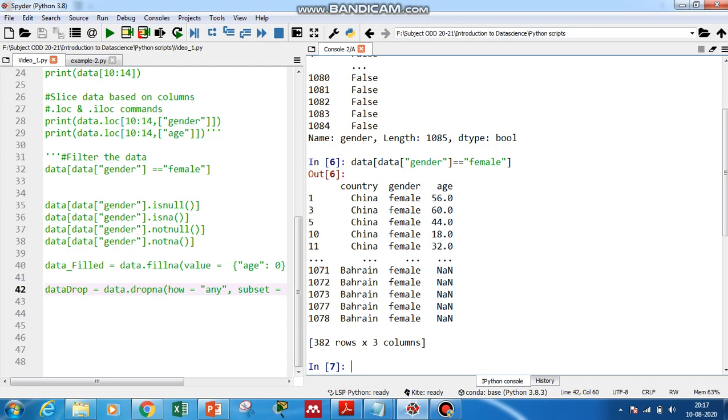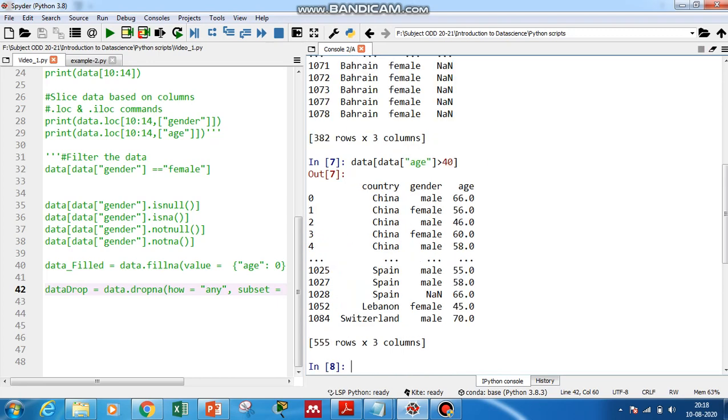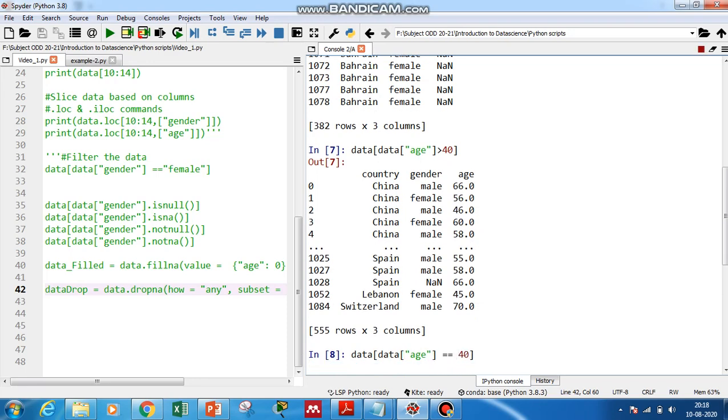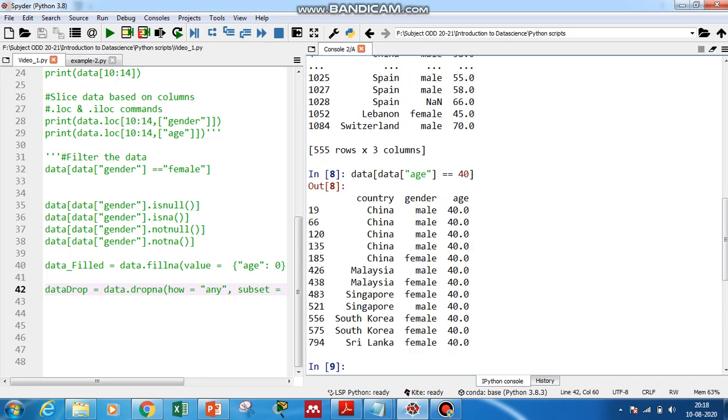Similarly, we can give any other condition, data of age greater than 40. So it has extracted all the rows which have age greater than 40. And now we can also do equal to 40. So these many entries are equal to 40, and those entries it has returned. So this is how we filter the data set using